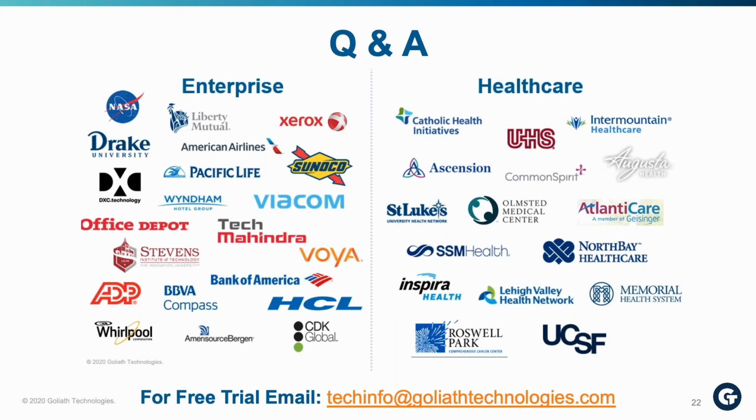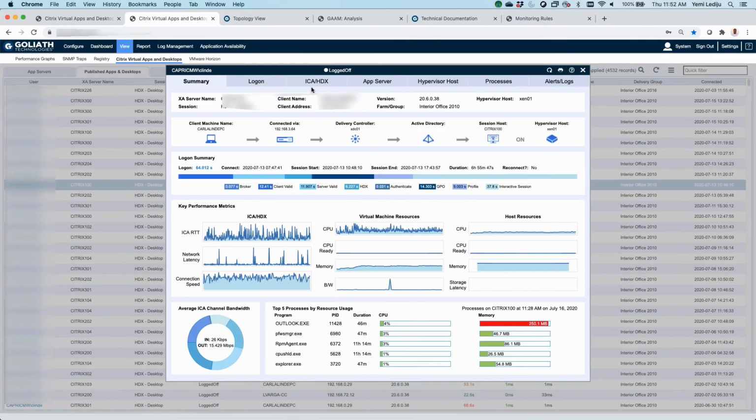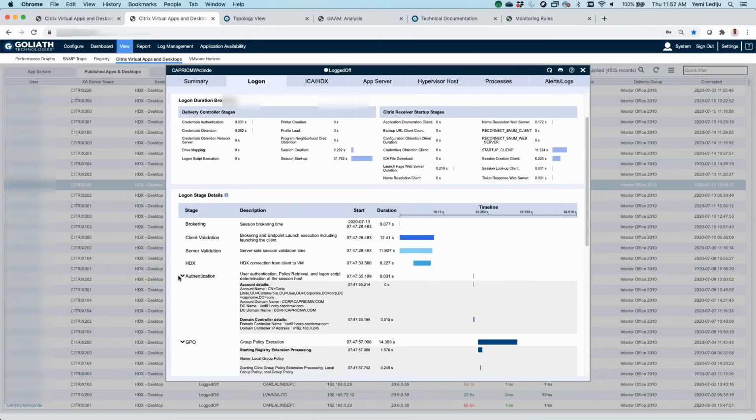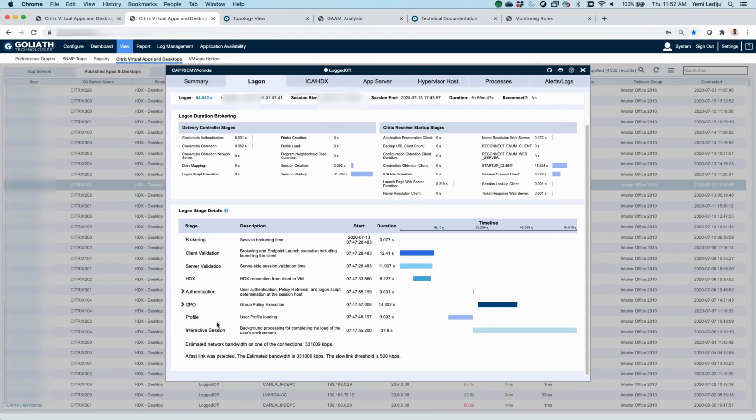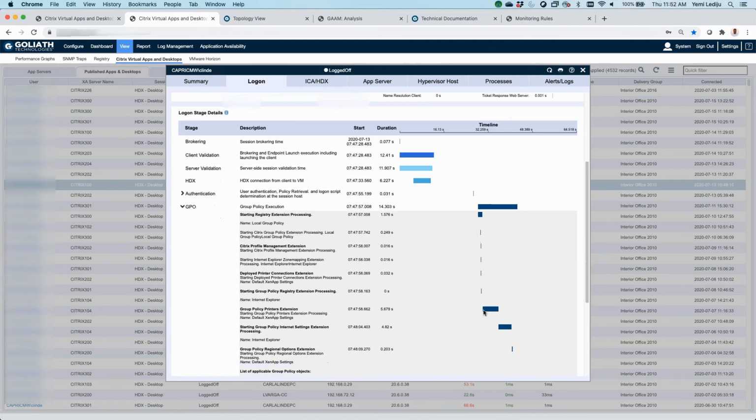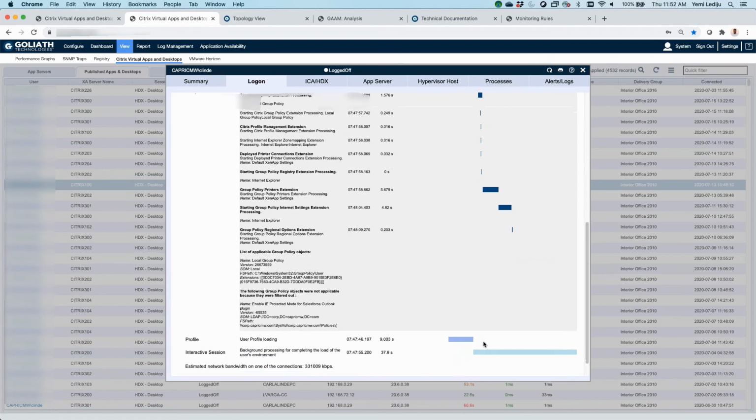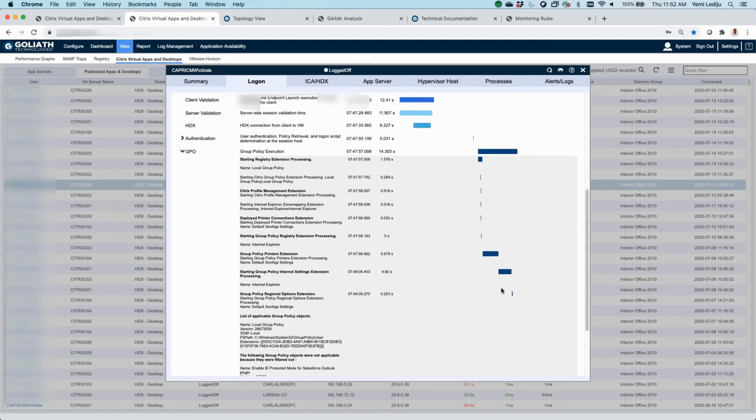What we've seen is that, a lot of times, and I can flip back over the technology to show a little bit of a visual here, in the user's logon process, when it comes to the interactive session time, there are a lot of things that are actually happening simultaneously. So here you can see that in this case, group policies are actually happening at the same time as the interactive session time being calculated. So if you can cut down your group policy processing time, that can end up removing some time from your